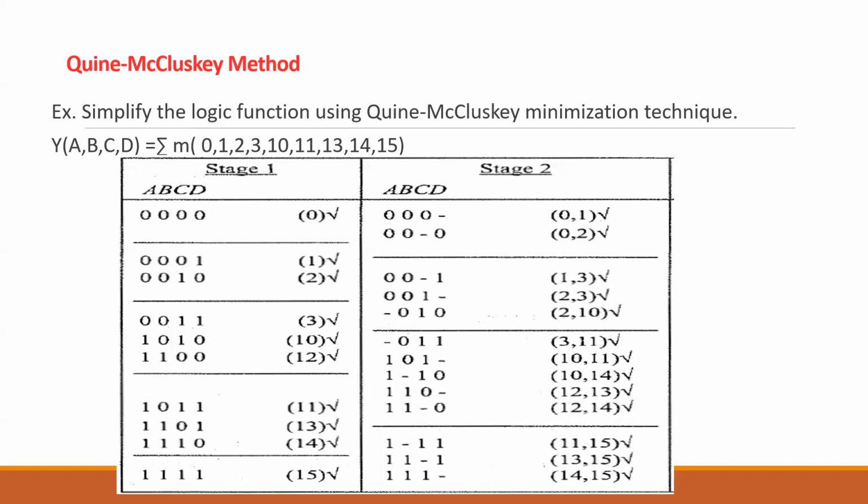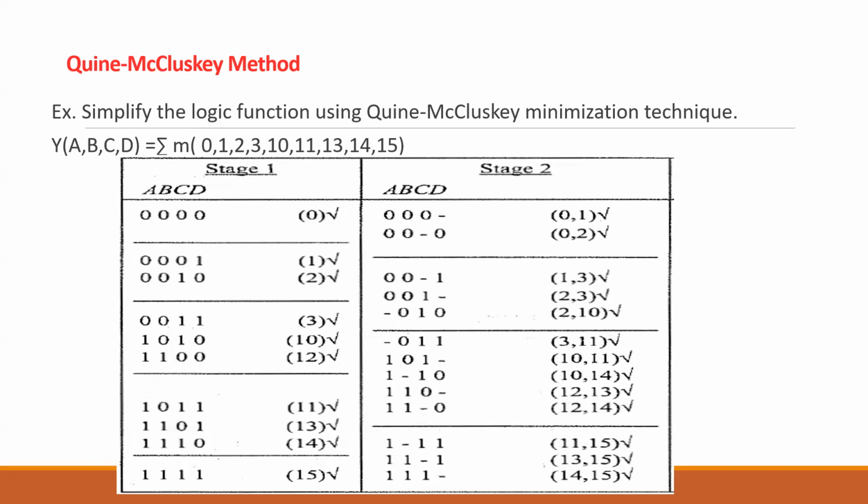Then, in the given expression, 1 contains a single one, as well as decimal number 2 also contains a single one. That's why these are grouped in the second group. In the first group, only 0 is present. In the next group, the group which contains single ones, that is 1 and 2, these are grouped